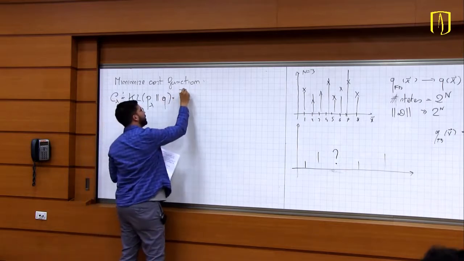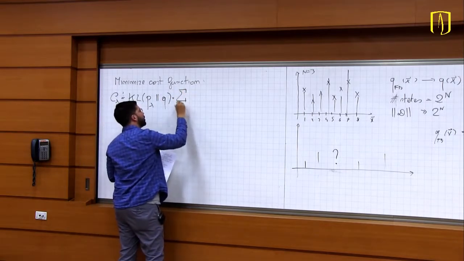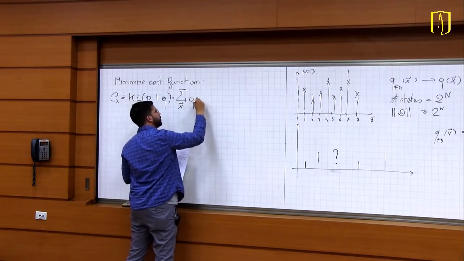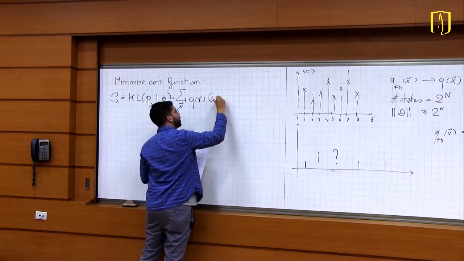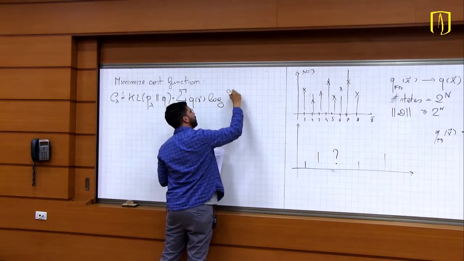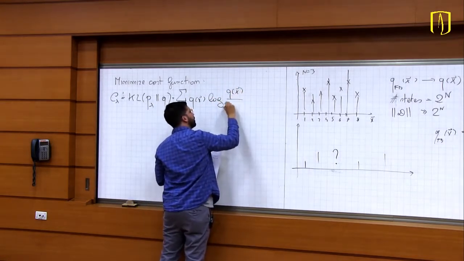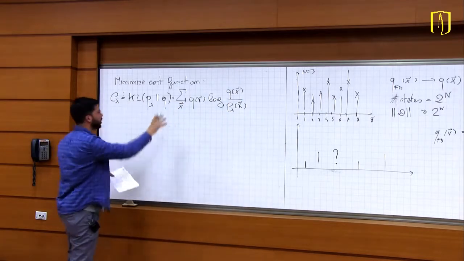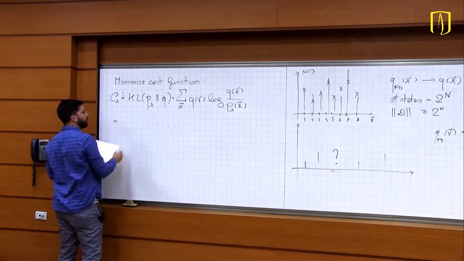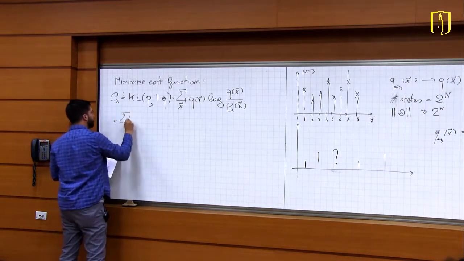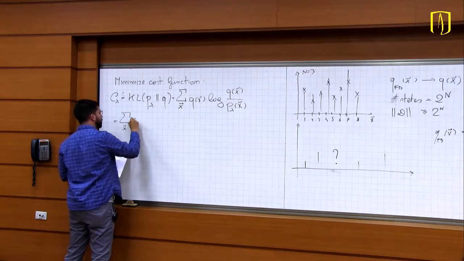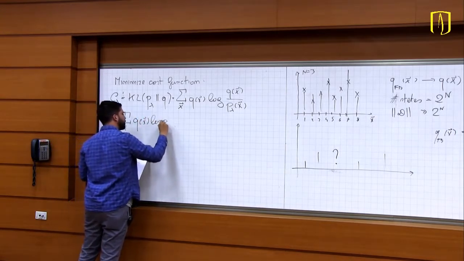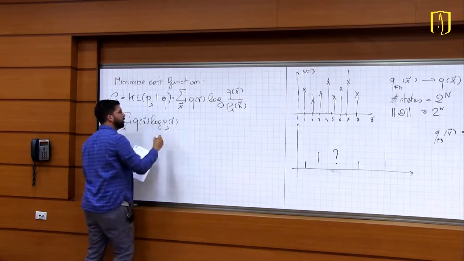It is defined as the sum over all possible states, the average with respect to the unknown distribution, of the log of Q of X divided by P lambda of X. And so when you break the logarithm into two, you get the sum over X of Q of X log of P lambda of X, and then you get